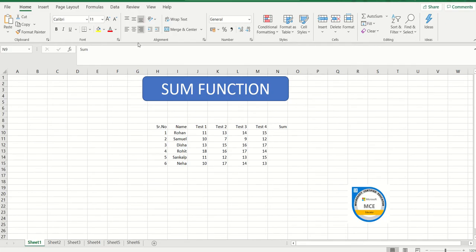So this is how the Excel sheet looks like, people. In this Excel sheet, once you open it up, you have these tabs on the top like File, Home, Insert, Page Layout, Formula, Data, Review, View and Help. And these are the cells in which we are going to punch in our entry.